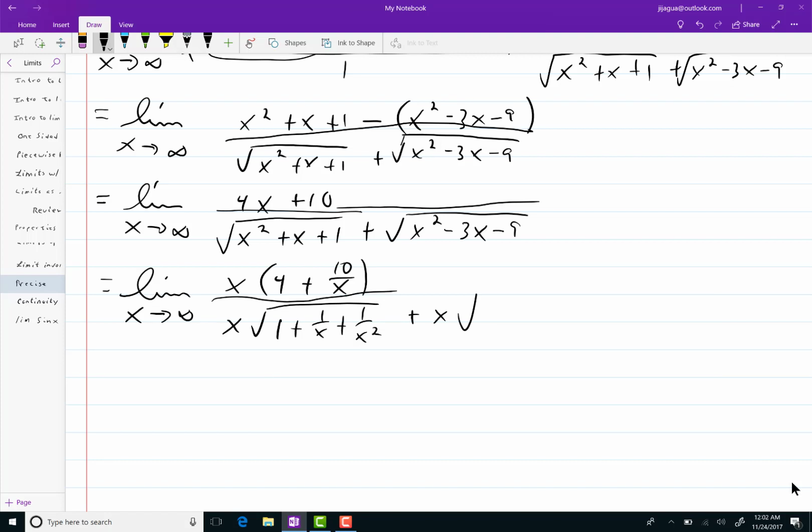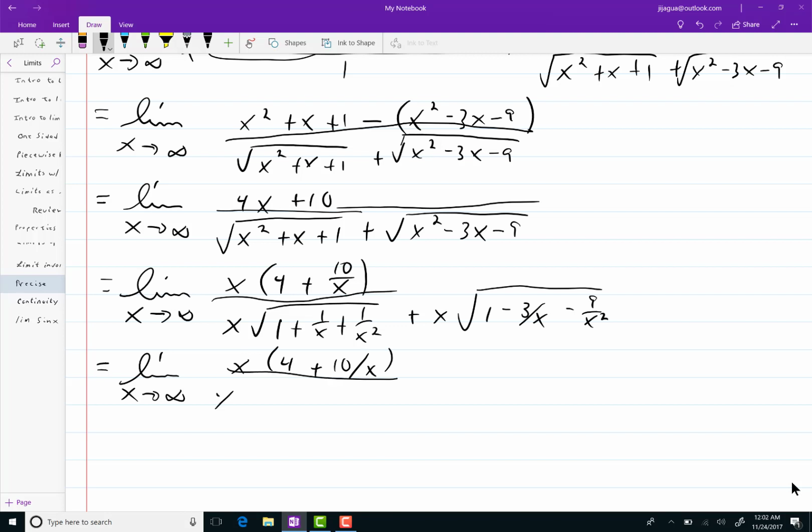Now, I don't have to do an absolute value of x because x is going to positive infinity. One last step, just to make clear what I'm doing here. I have an x times 4 plus 10 over x in the numerator. And then I have an x times the square root of 1 plus 1 over x plus 1 over x squared,